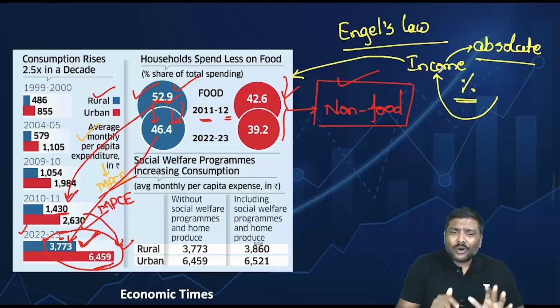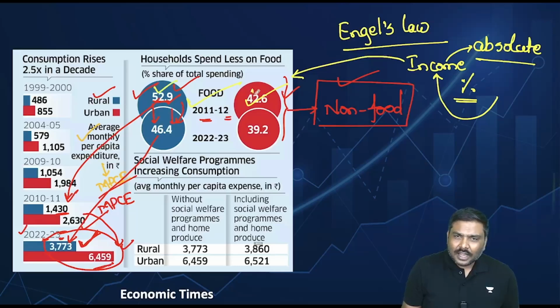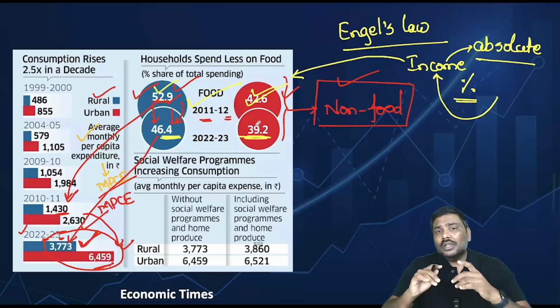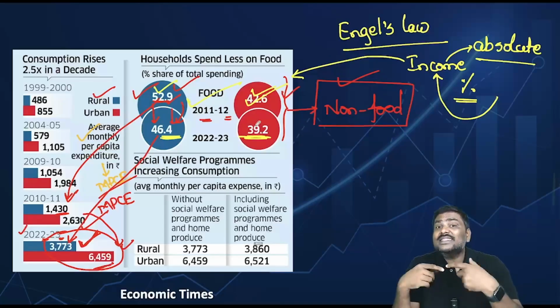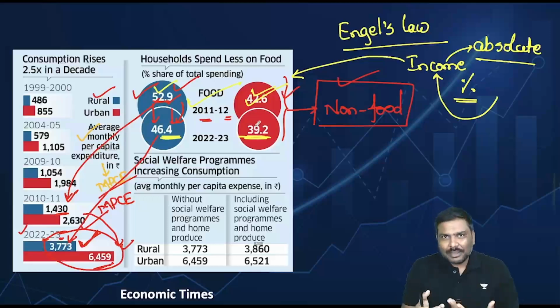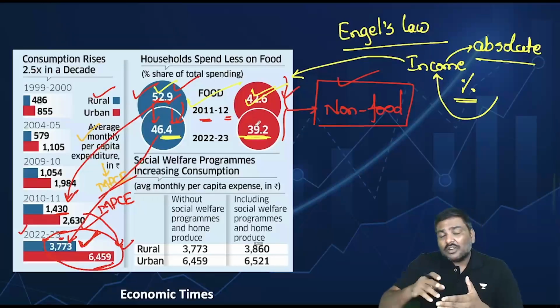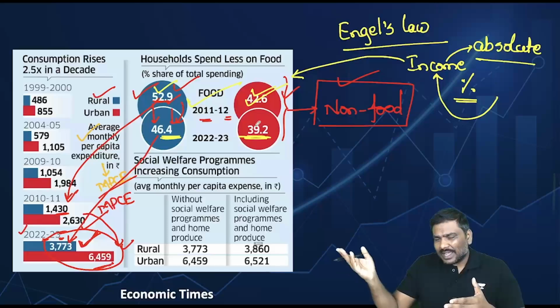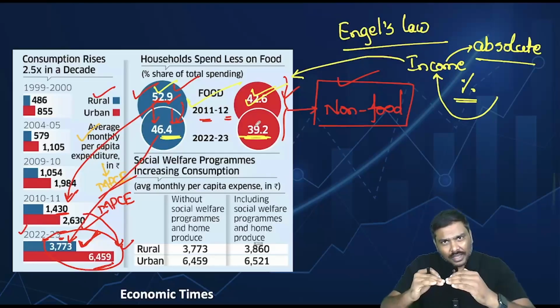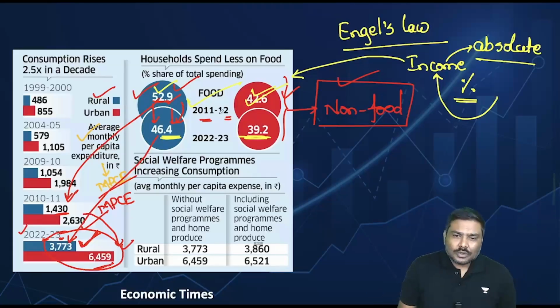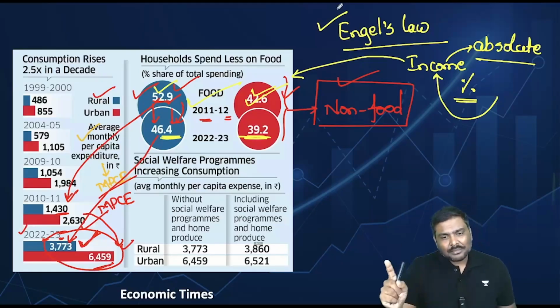That is exactly what you will see in this example here. That is exactly what you are observing. No doubt, in rural India as well as urban India, as a percentage of total expenditure on food, the percentages have come down. But that doesn't mean that they are spending less money on food. It simply means the absolute number of rupees spent is higher, but as a percentage of total income, the percentage becomes lower. So please remember Engel's Law. Suddenly it can be asked in the UPSC prelims.